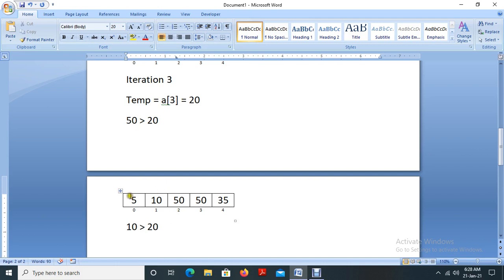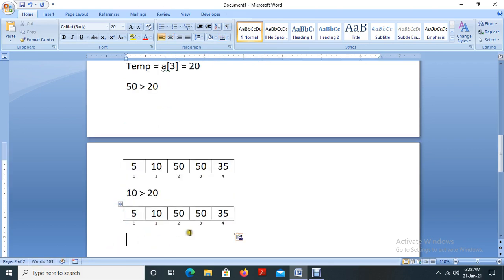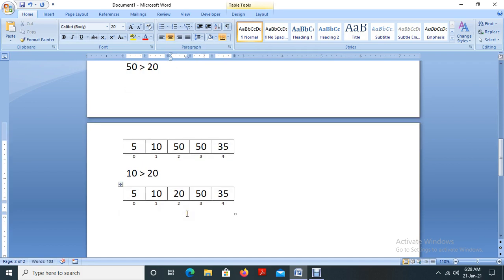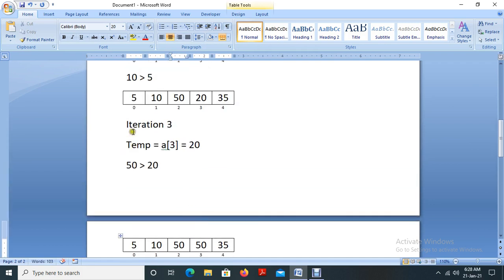Then we don't want to compare with the previous elements, because once this condition is false, the next elements also will surely give a false value. So at that time we have to place 20 here, in the new array. Next, this is iteration number 3.